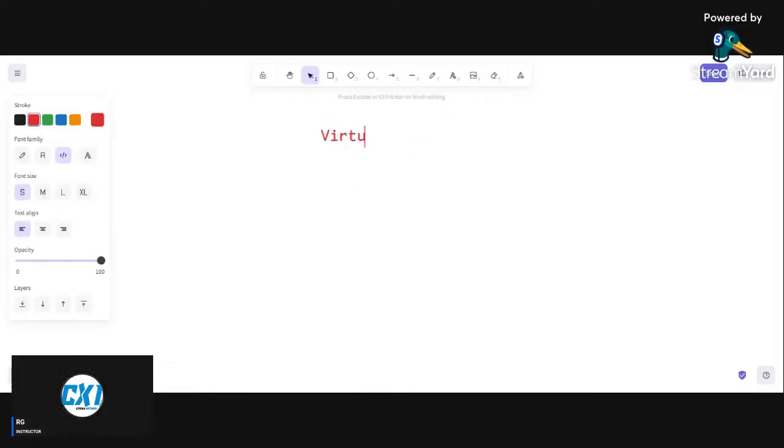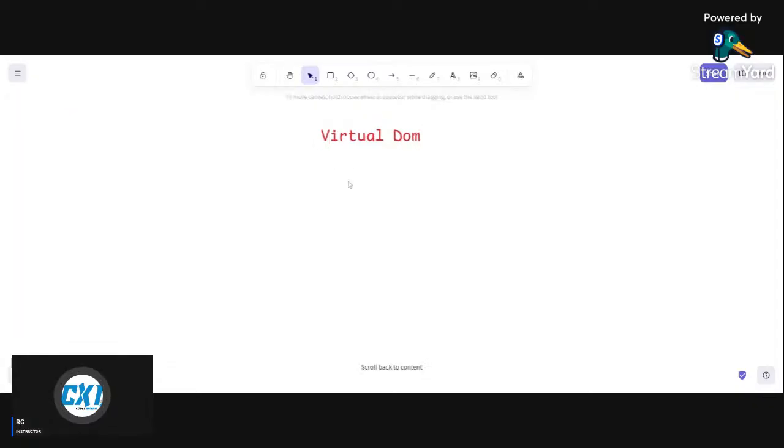Now the second thing in React is a concept called virtual DOM. If you search for virtual DOM in the browser, you will get a couple of websites where you can learn about the virtual DOM. A virtual DOM means basically